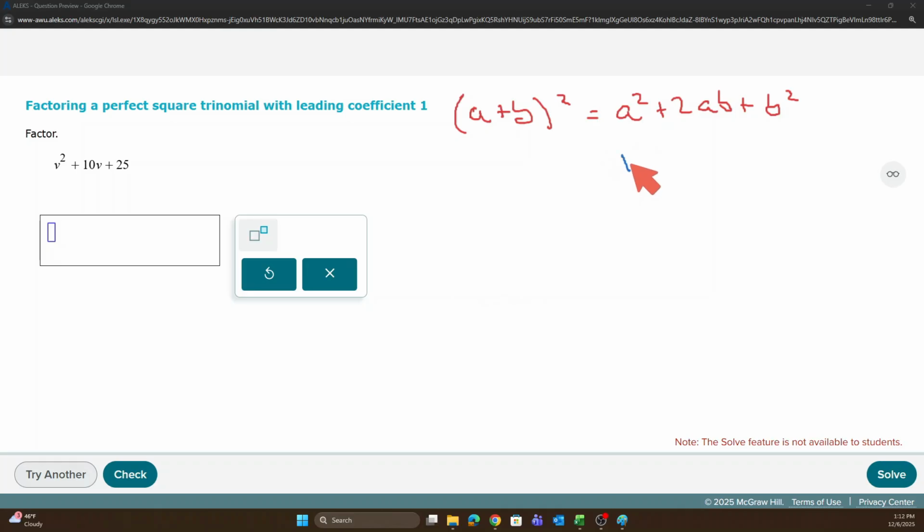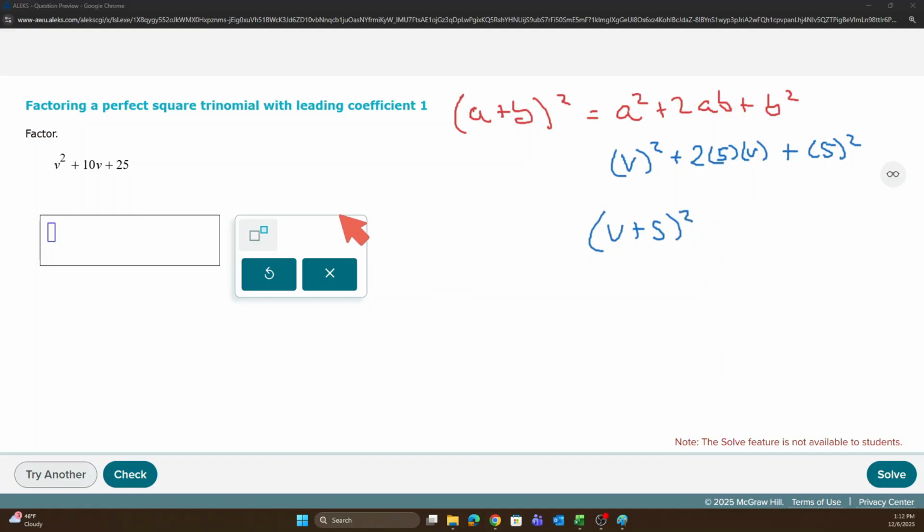A being V, and B being 5. So we put our 5 in there. That's 10V. You can notice that matches here. 5 squared is 25. So this is just V plus 5